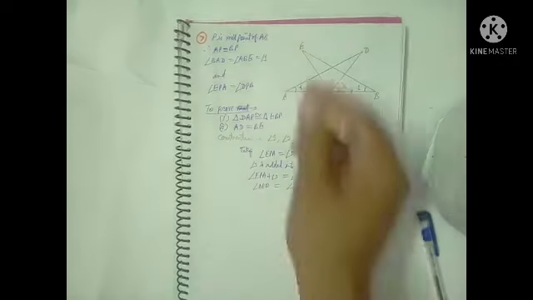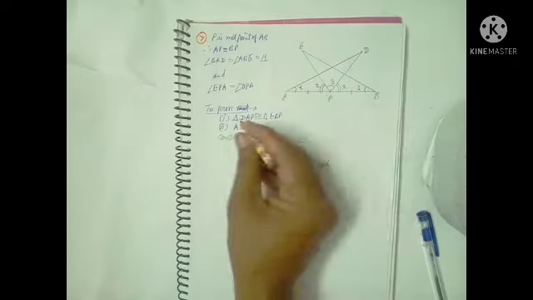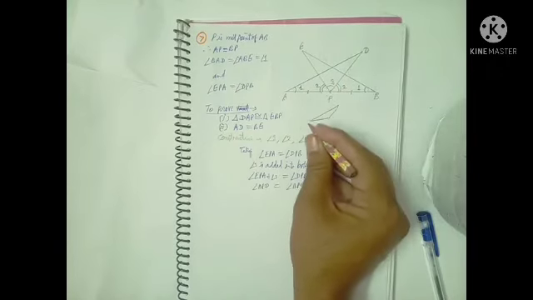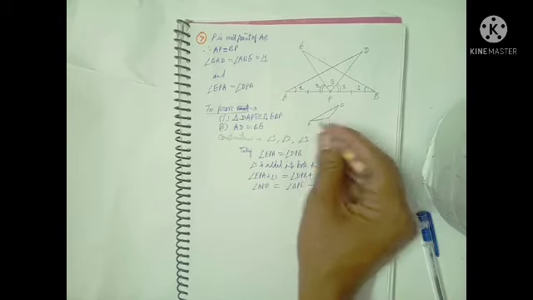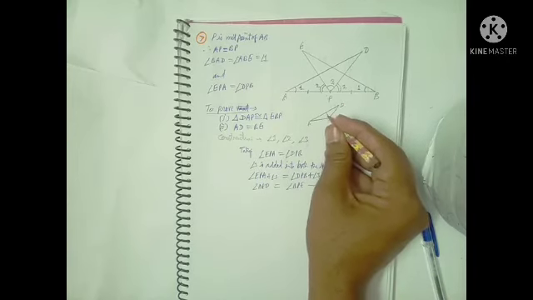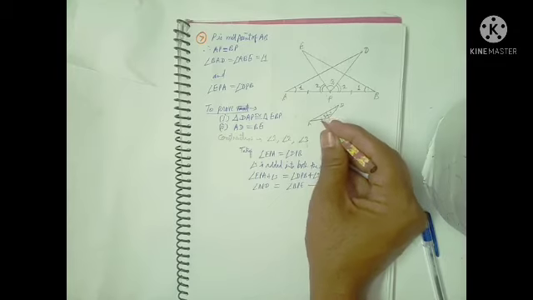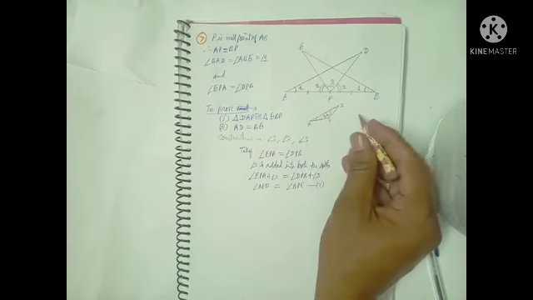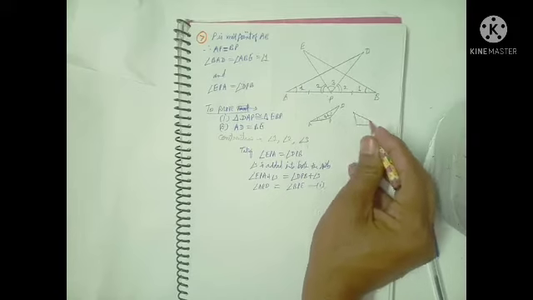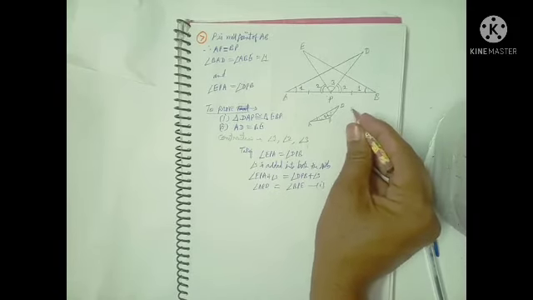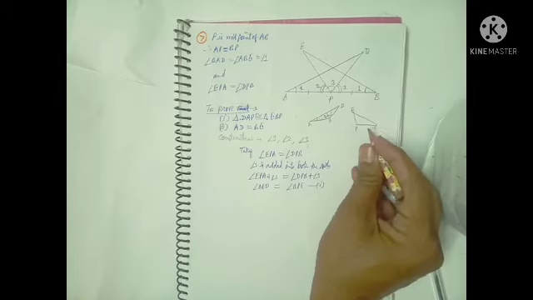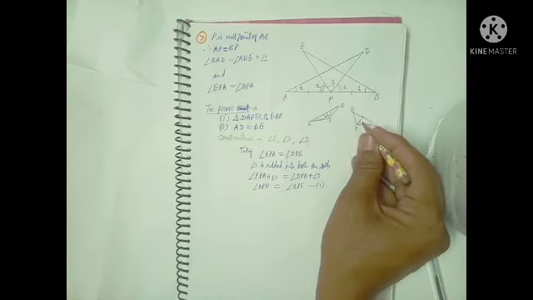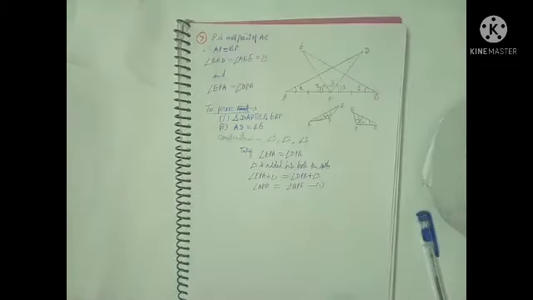How? Make a separate figure for both triangles. See, DAP. DAP means this triangle. See, I am drawing triangle D, a rough figure, DAP, and draw it this way. This is angle 2, this is angle 3, and angle 1. And triangle EBP means this triangle. Again, a rough figure I am drawing here. EPB. Here, this is angle 1, and draw this angle 2, angle 3. I made them separately. Now it is easy to do.